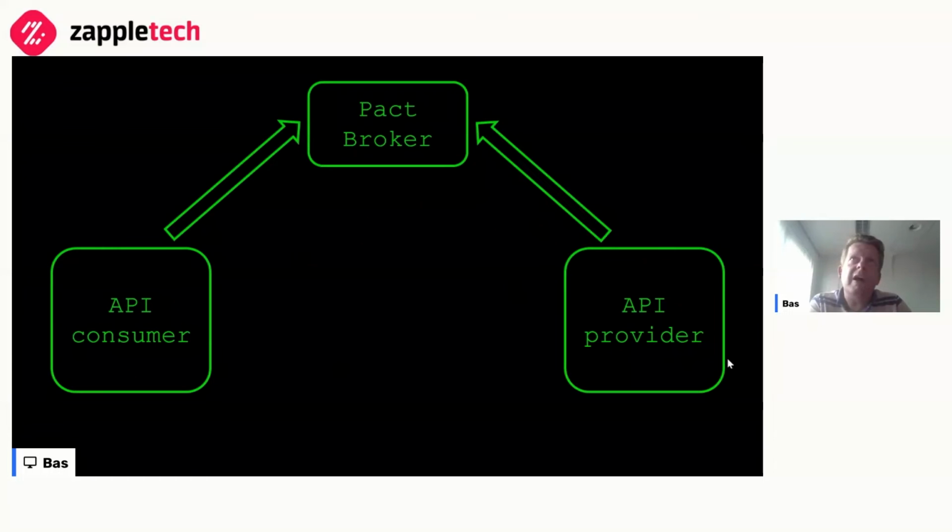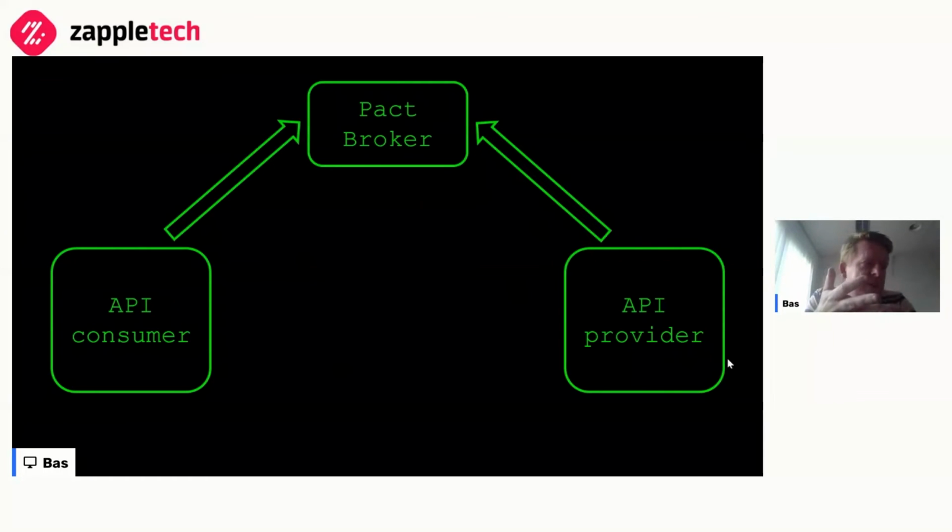It's no longer either the consumer or the provider that dictates what's going to happen. With bidirectional contract testing, those two parties can each give their own version of a contract. And then it's the Pact Broker that compares those contracts and checks whether or not there are any